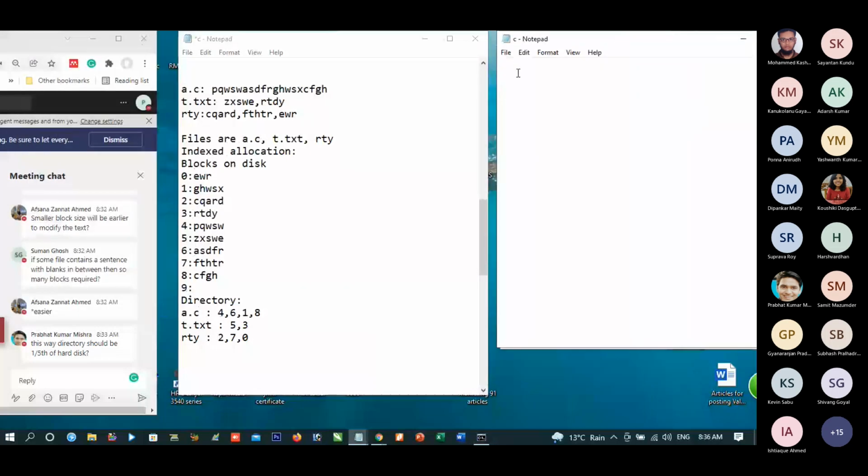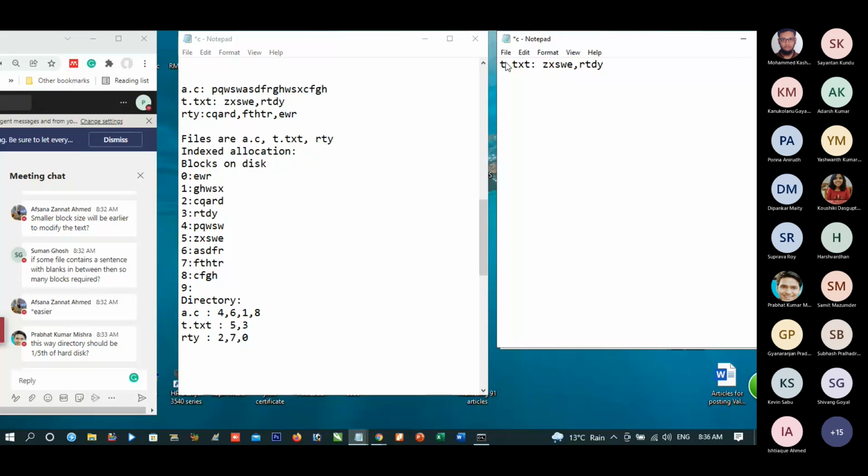Now, our file t.txt is what? ZXSWE RTDY. This is our file t.txt.